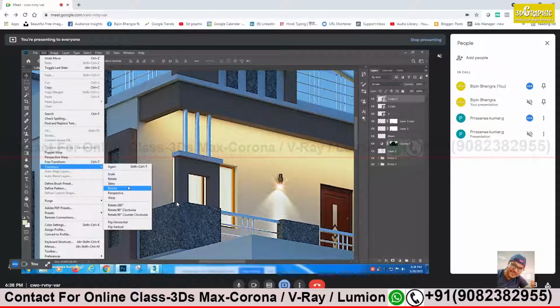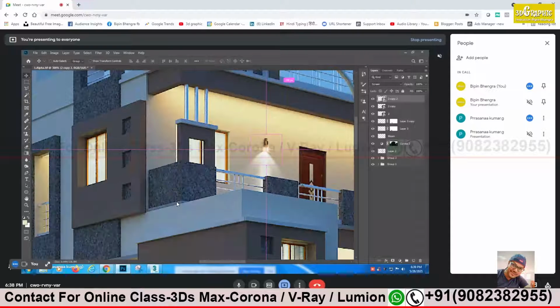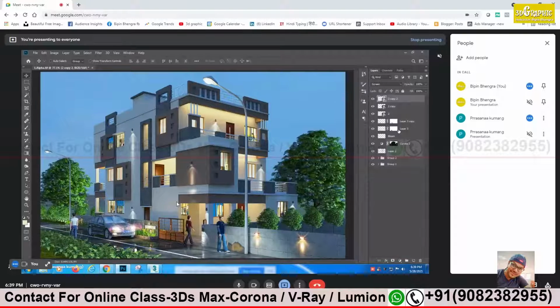Yes. Rotate. Do Control T. If you do Control T, then also you get the same option. You'll get this. Control T and then the rotate button. Yes. Enter. Just copy that. Control T you can do. You get more effect. And with the help of Alt key. So now I have to make a copy. Yeah. I have to copy, right? So copy is Alt. Alt and just drag. Yes.